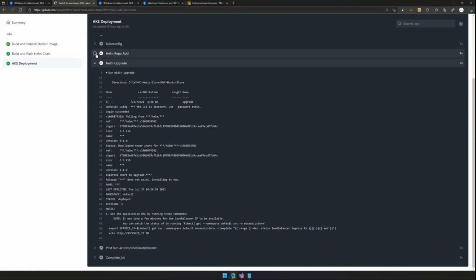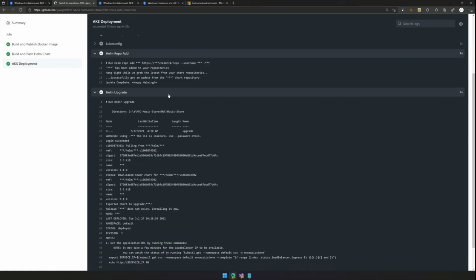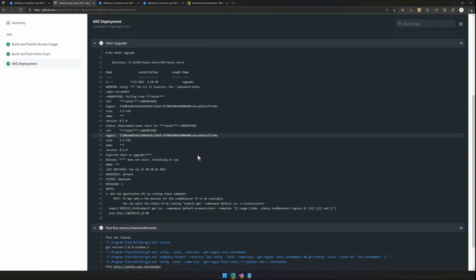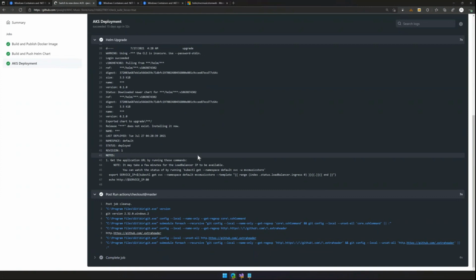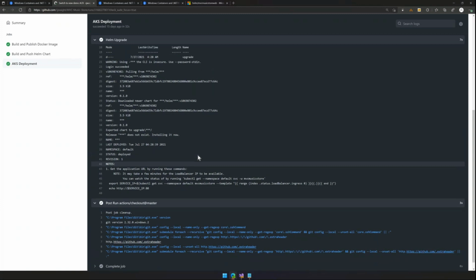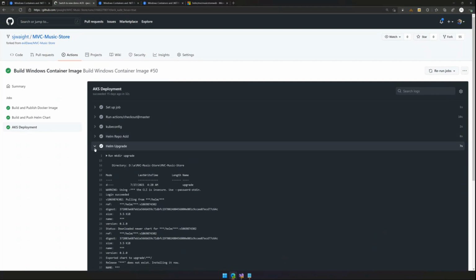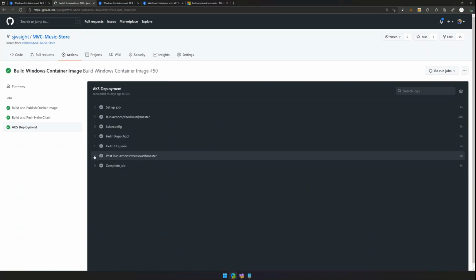So we can actually come in and look at each of these commands. Some of the data's gone from here because it's a bit old, so it's been purged. I can see this, and you can't, because I'm logged in and it's my repository. If you go and look at the Actions tab in this repository, you won't see this level of detail, even if it's a public repository.